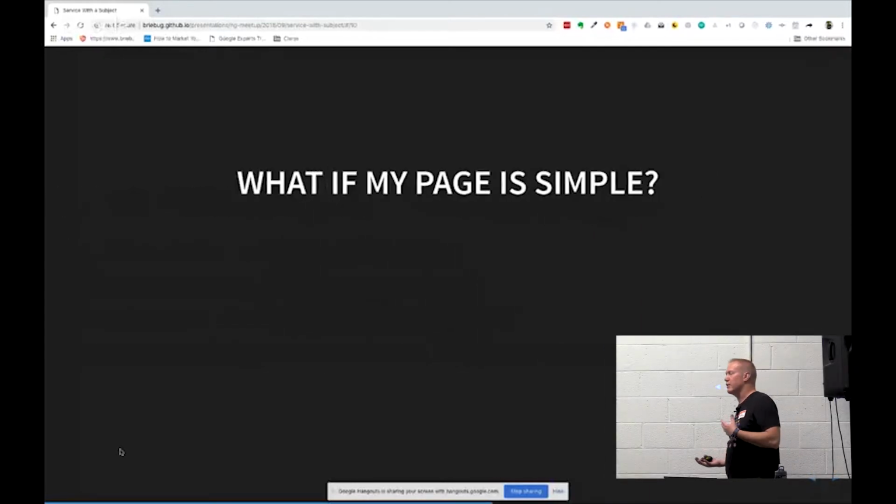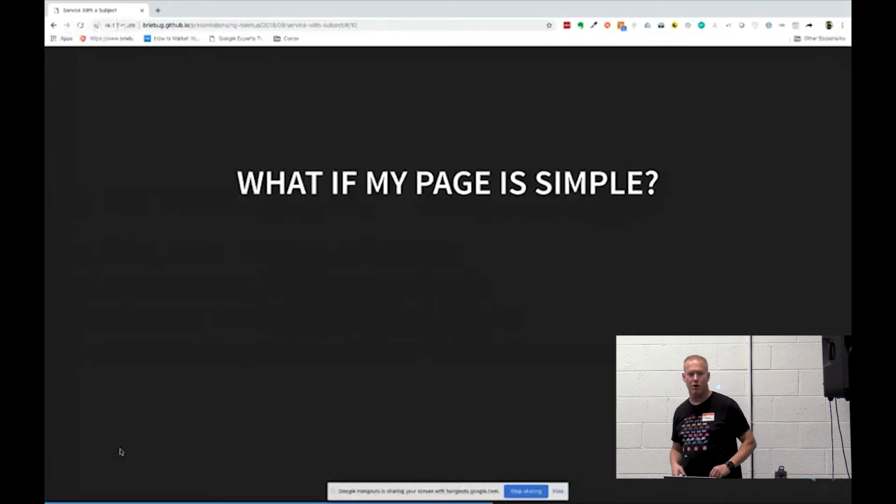So let's take a quick second here before we get into the what-if-my-page-is-simple part. Why do we do this? When we talk about wanting to share components, the number one problem is that Michael will write a component. He'll usually write it just for his needs, and then I'll get it and go, hey, this is a really nice component.